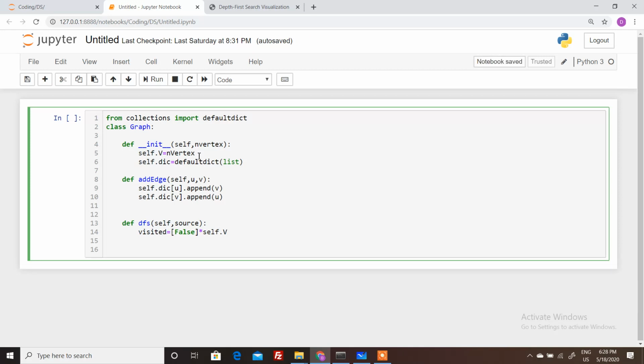We will write the recursive code here. I want you to write the iterative version. For the recursive part we need a helper function, so let's define the DFS helper, and in the DFS helper function we need to pass the source and the visited array.